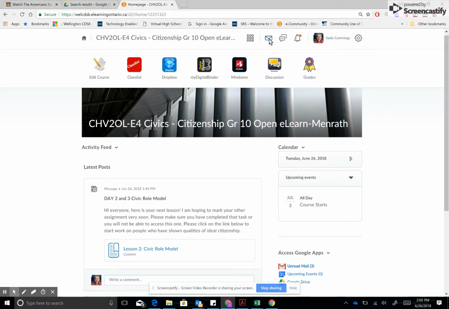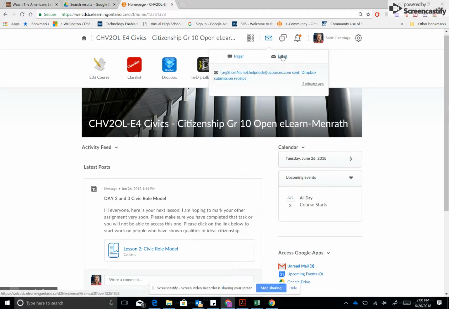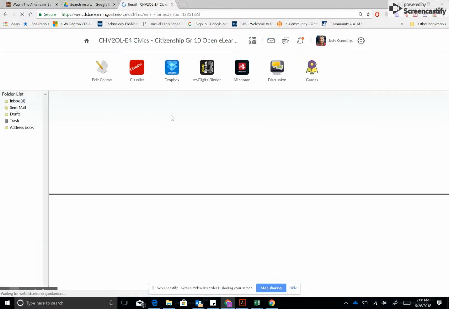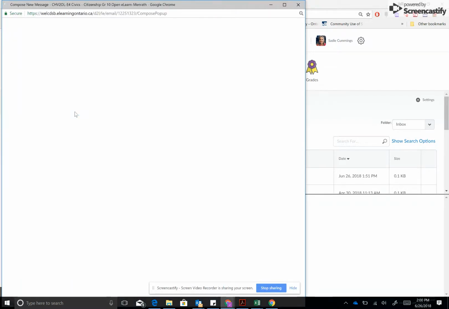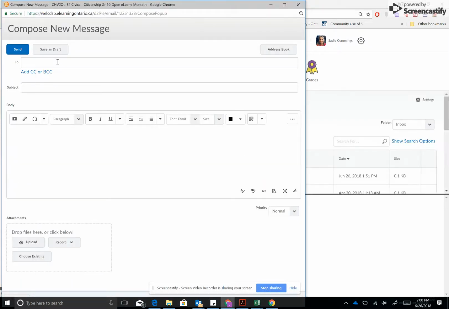tool. You would click on this icon, click on email, and at this point you can compose a message. We type compose, and you're going to need the name of your teacher, the full name. So if it is Mrs. Menrath, you would know her name is Katrina. And if I start typing in, it fills in her name. Then I click on it,